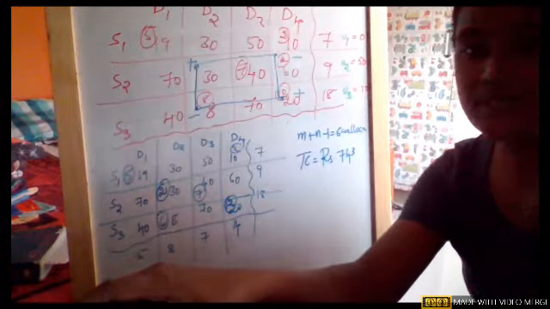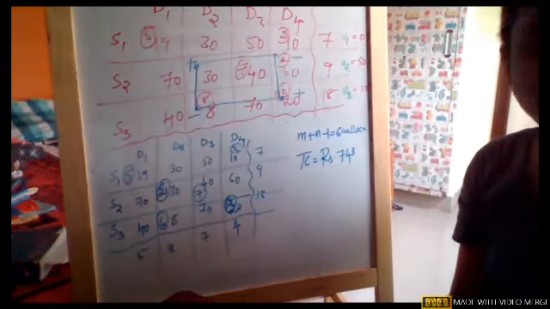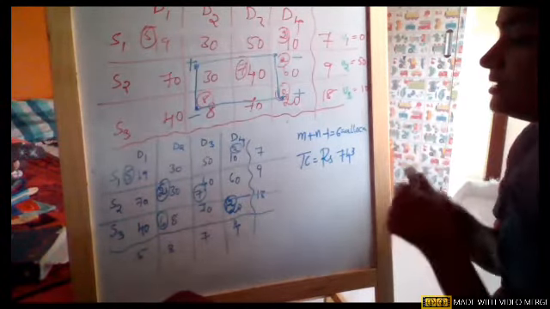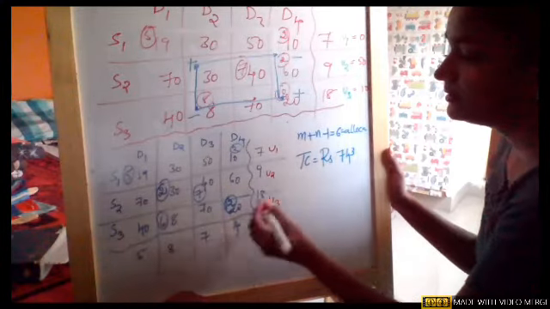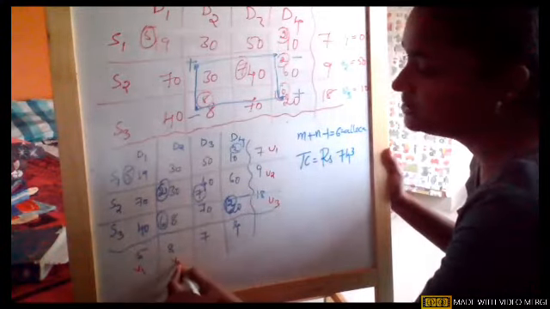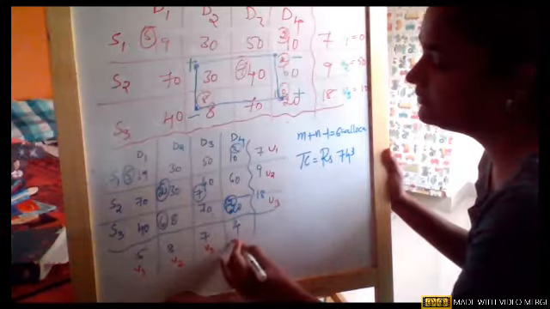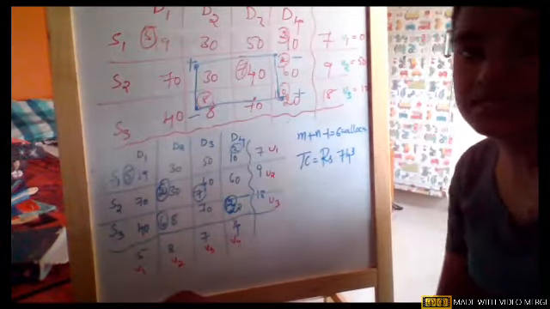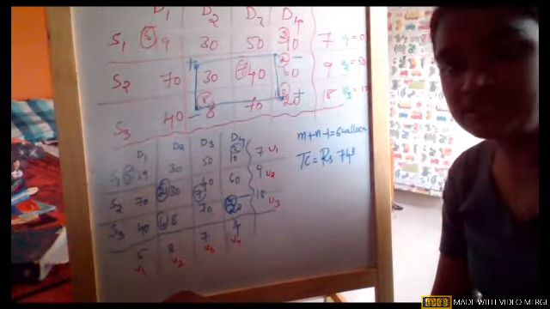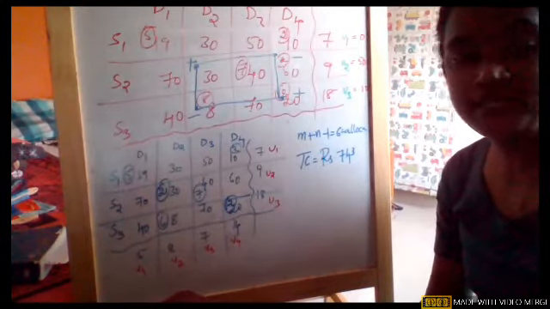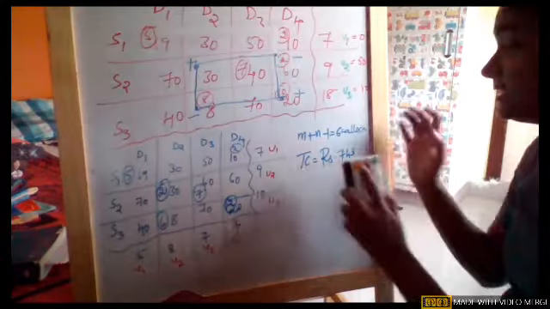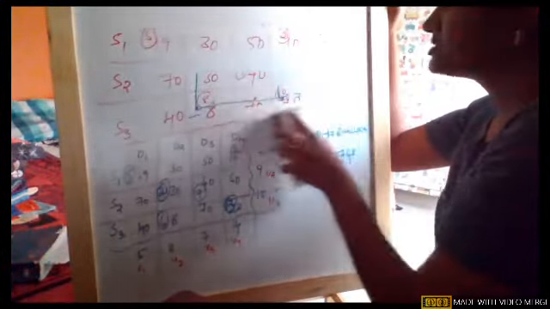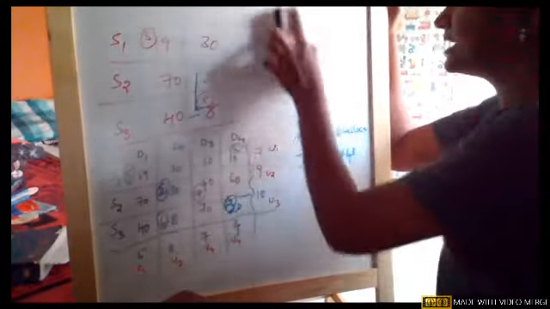Okay. So that means again I need to find out U1, U2, U3, V1, V2, V3 and V4. After finding these values, you need to find out the Dij values. If all Dij values are greater than 0, then you can conclude that the solution is optimal. So let us check it again.